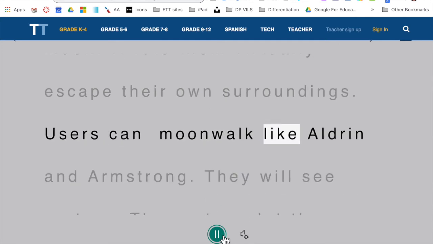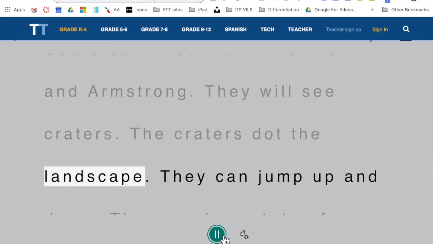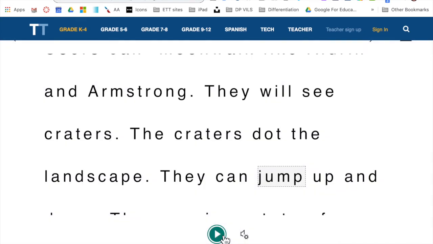Users can moonwalk like Aldrin and Armstrong. They will see craters. The craters dot the landscape. They can jump. So there's some nice cadence here with some stopping when it sees punctuation and moving on from